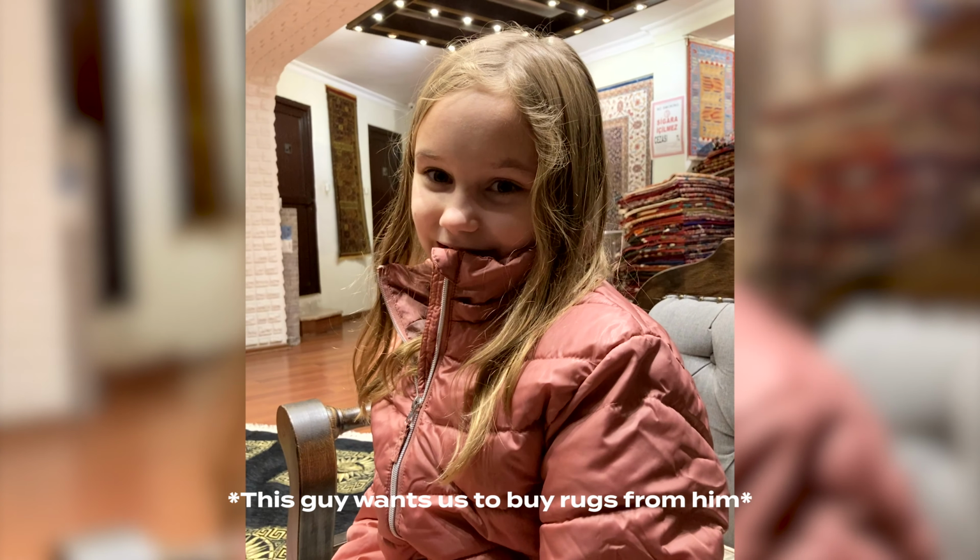Unique New York. I look weird sitting on this thing. Super comfy. You're so far away from me. This guy wants us to buy rugs from